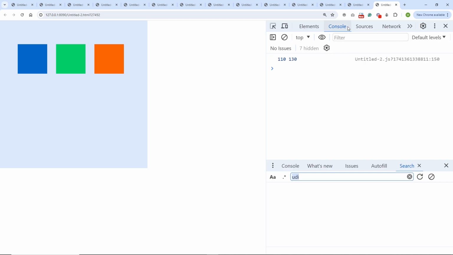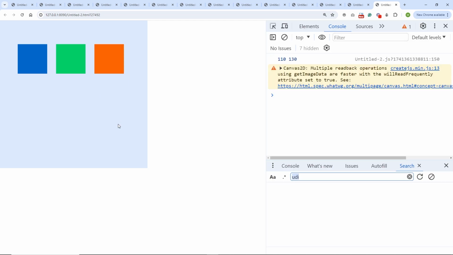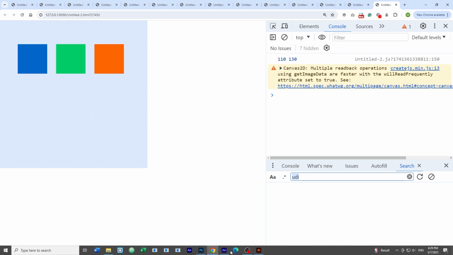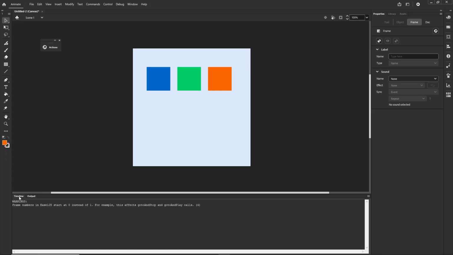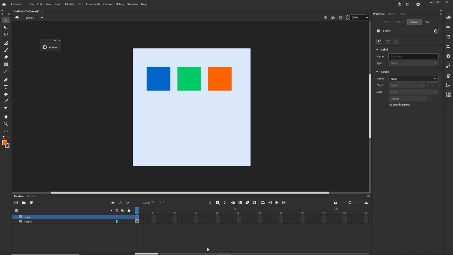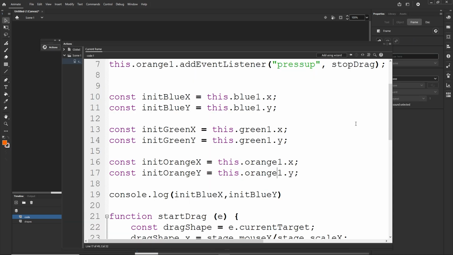I will go with Control Enter, Command Enter. I will always go with F12 to check the console for the errors, and right now all of the shapes are going to return to the original position. Fine. Now you may not be very happy about this, but what we are going to do is